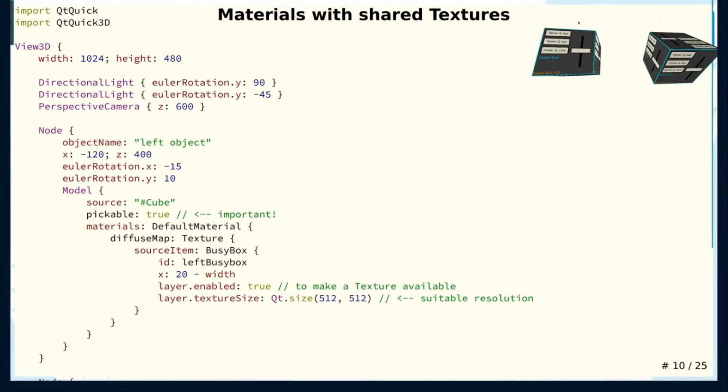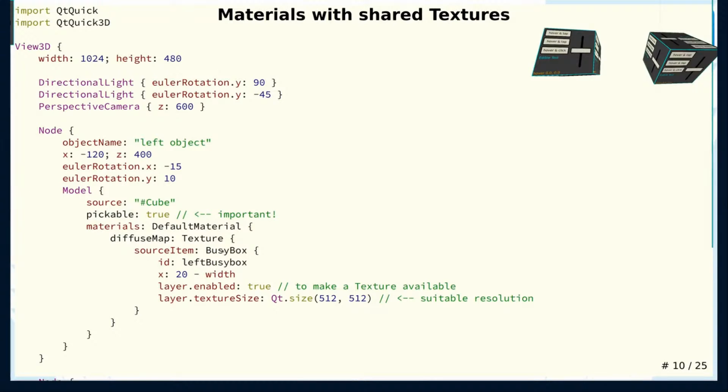Another way to use it is to have textures mapped onto 3D objects. So in this case, I've got a node which actually wasn't really necessary. I could have just had my model directly in the View3D. You know, there's built-in types like cube, sphere, cylinder, and rectangle. I have a model which is a cube and a default material. The diffuse map, meaning the diffuse color, is a texture, and inside there I declare this BusyBox. So this is actually creating a 2D item,